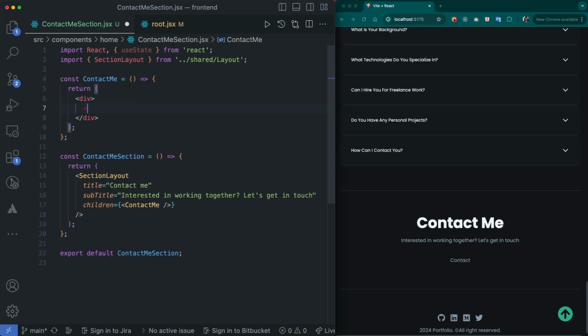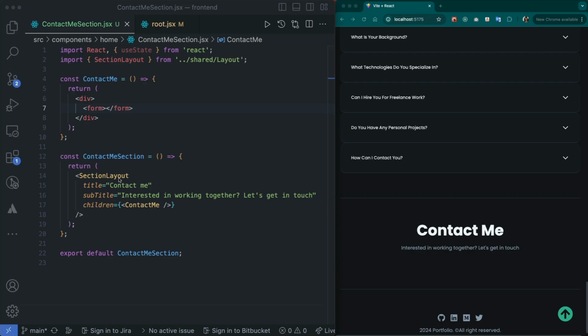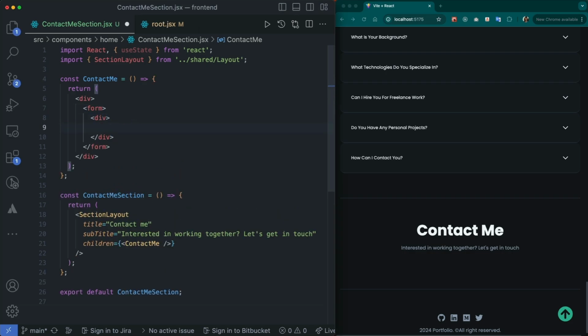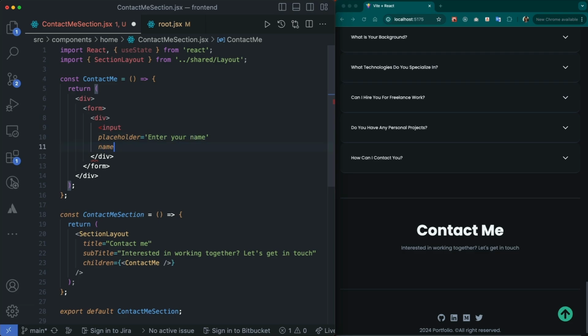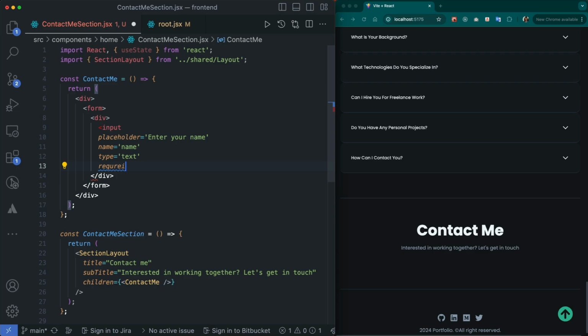I'll make a form container. In this form, I'm going to render the following component. So I'll make a div, and in this div, I'll give an input. And for this input, I'll give it a placeholder and say enter name. I'll give it a name of name and a type of text. I will also make it a required property